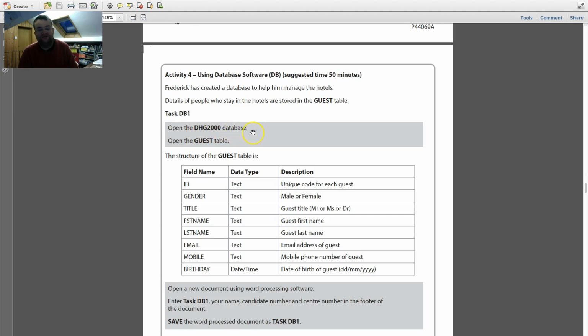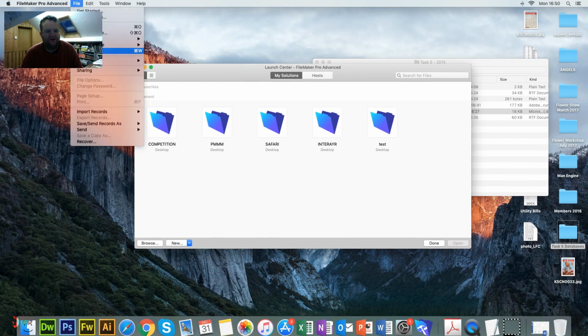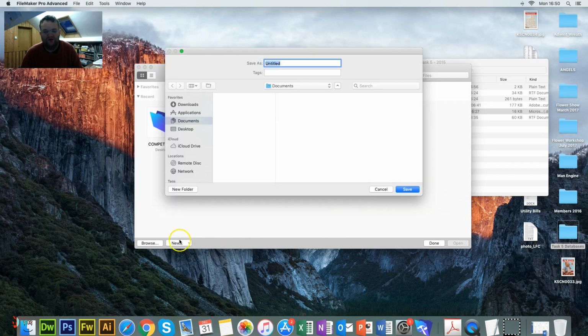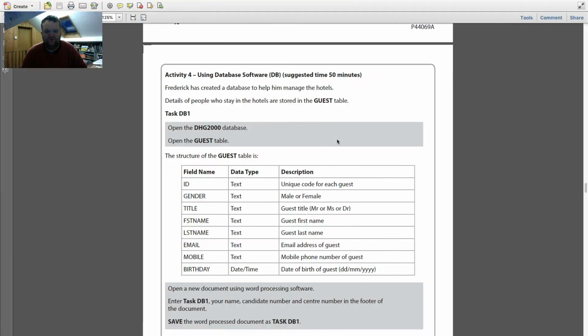Open the DHG2000 database. Now, you will have a database already set up. The table will be set up, but for the idea today, I'm going to get you to create the table. So in here, I just go File, New Solution. I call this DHG2000, and I'm going to save this on the desktop. Save. Next, we want to create a table called